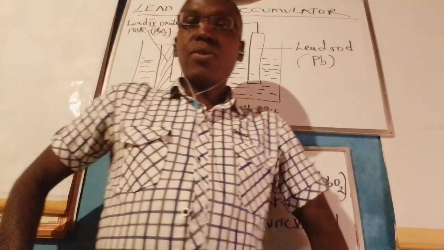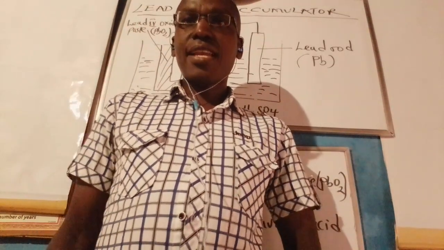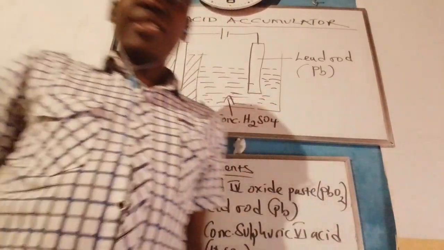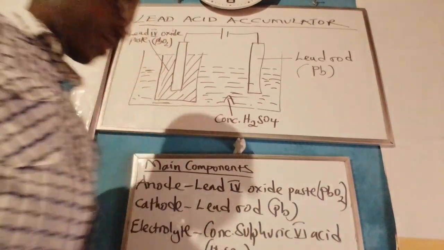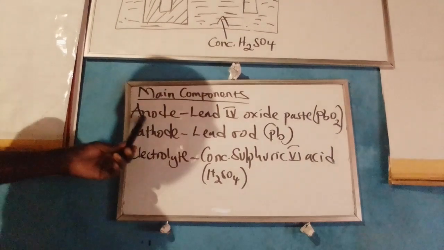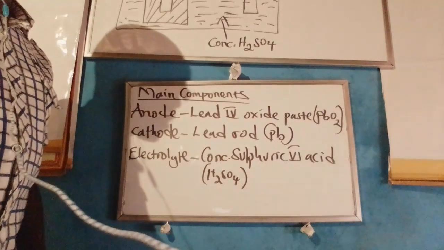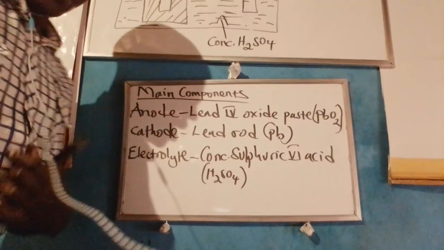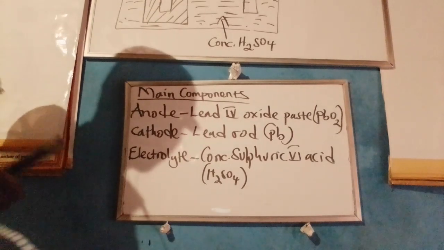Good morning. In this session, we evaluate a secondary cell referred to as the mercury cathode cell. The mercury cathode cell is a unique cell which has unique properties. Namely, it's composed of an anode made up of lead 4 oxide paste. It's made up of a cathode made up of a lead rod and made up of an electrolyte composed of